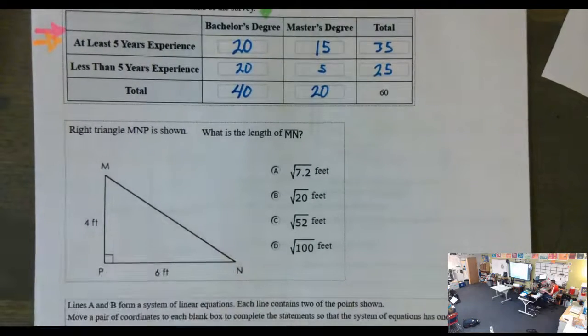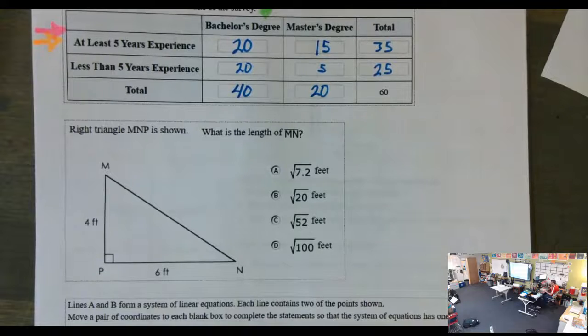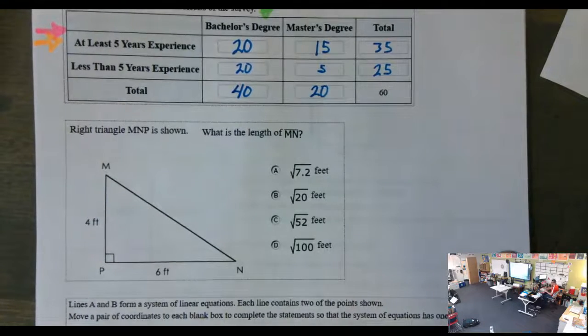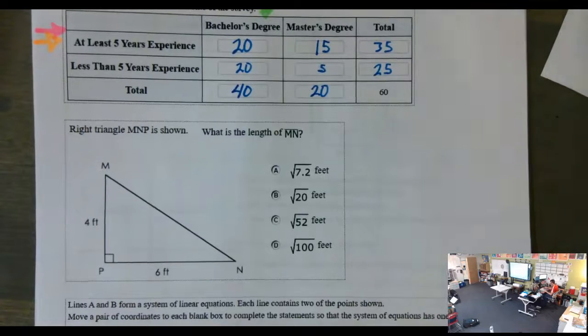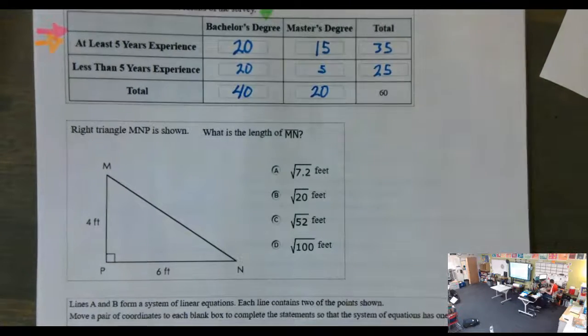Try this next one on your own, but notice that all the answers are given in radical form. So they have not done the square root yet. So if we think about the Pythagorean theorem,